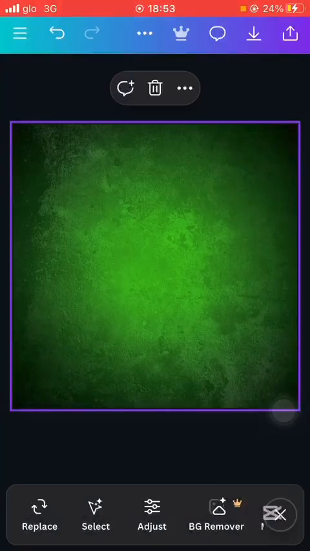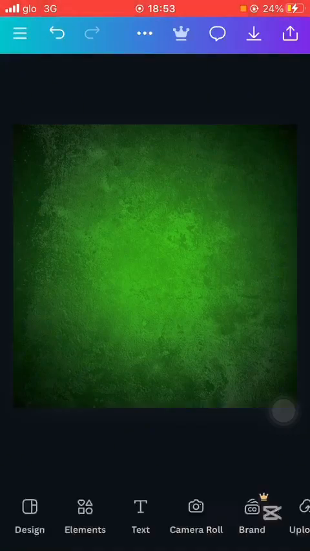Now you can see it has automatically placed the background on the canvas, so there's no need to stretch the background again. It is there for you to use. What I did next was to get my resources, my elements, my pictures and some other stuff. But before that,